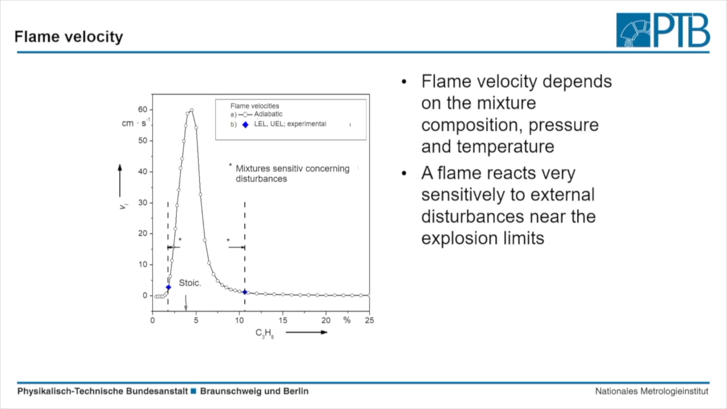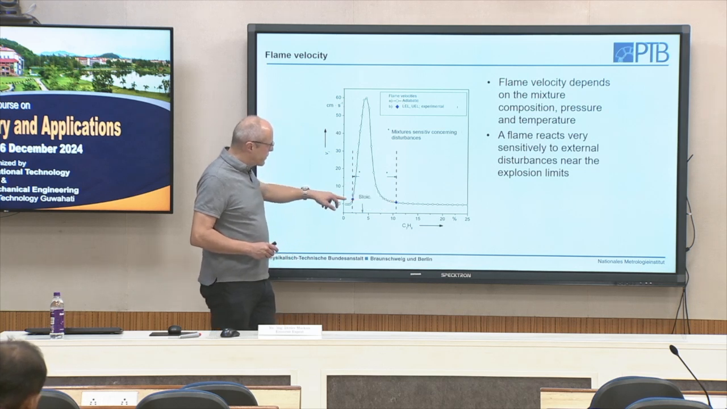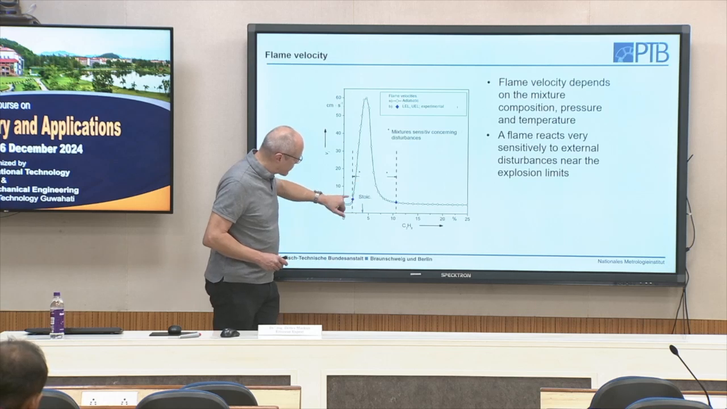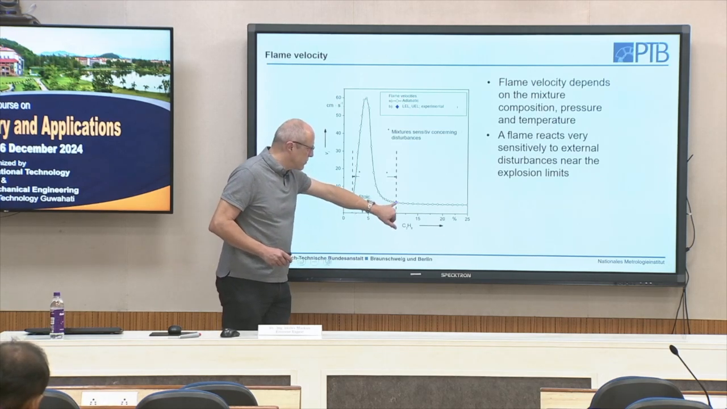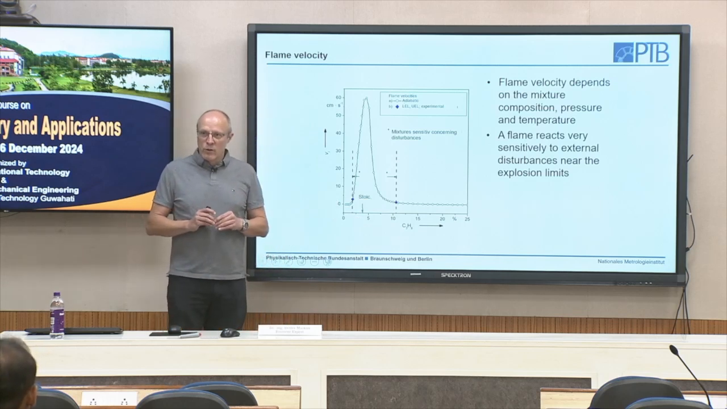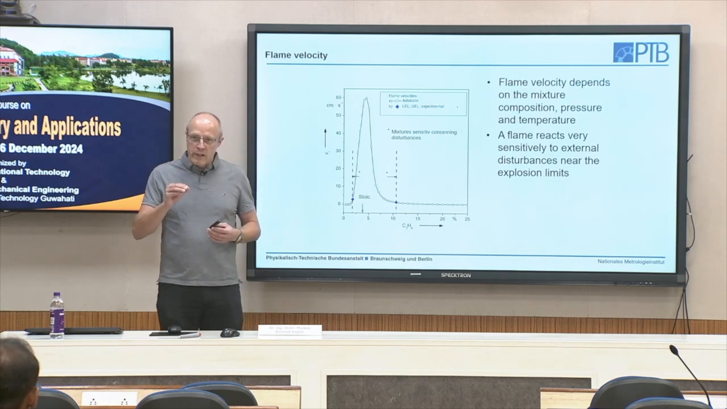But we are here on Earth. We have to deal, for example, with gravity. And you see here we have flammability limits, explosion limits, 4.4 and here 10 point something, around 2%, around 10 point something percent. We have very low flame velocities. It means these flames can be ignited,